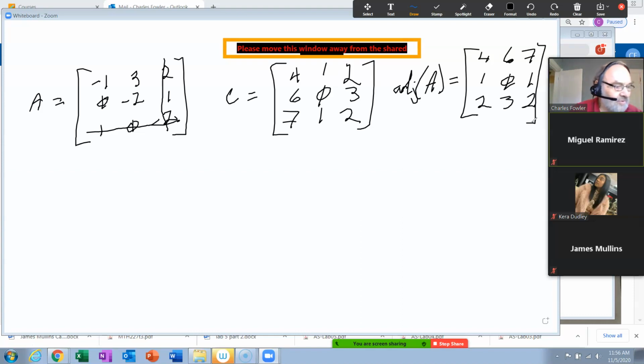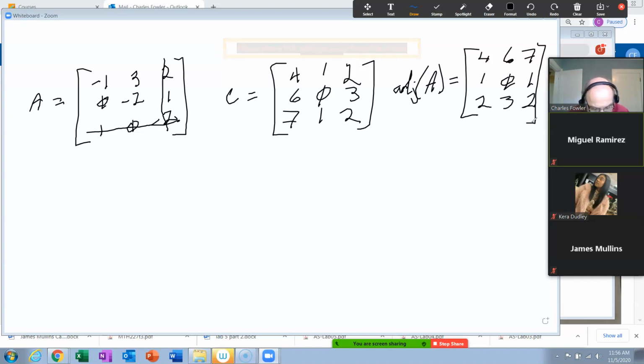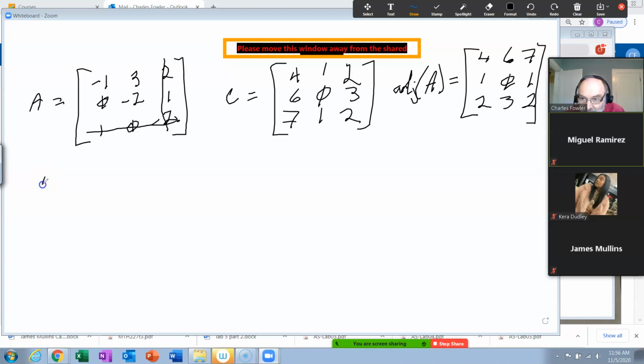Now, you might ask yourself, okay, fine, what was the point of that? Well, here's the point. The adjoint of a matrix can be useful for finding the inverse of A, and that's what this next theorem is going to say. Now, I would type it in, but this is just going to be too difficult to type, so I'm going to do it this way. If I can get my pen down here,